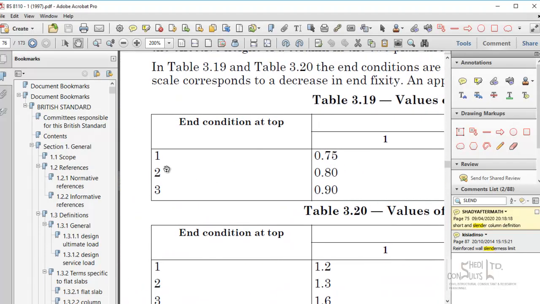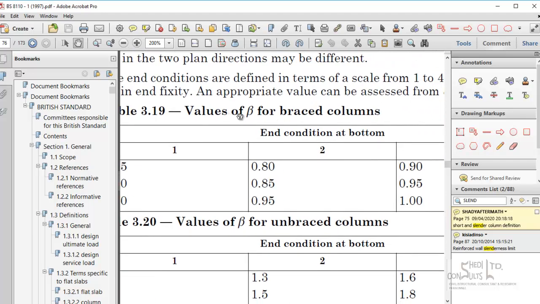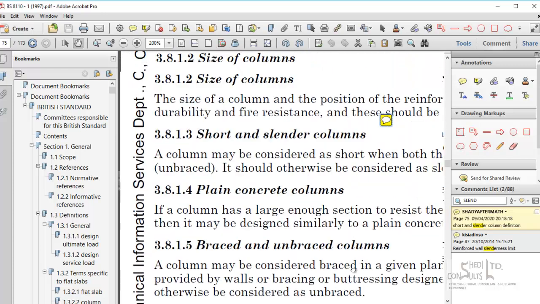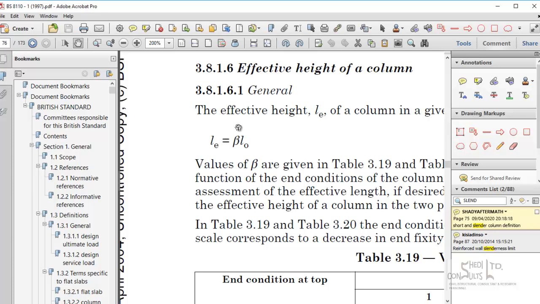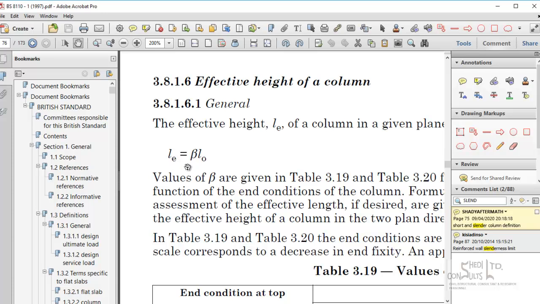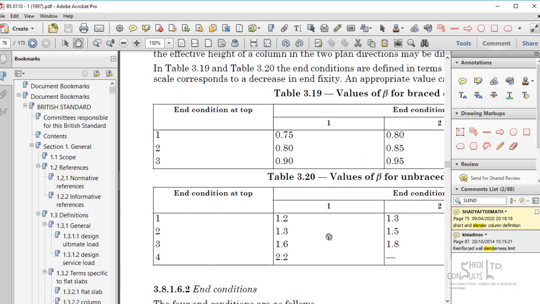So if the condition at the bottom is condition 1, or sorry, at the top, this is the table of effective length coefficients for braced columns. It says that the effective length for short columns is calculated based on the effective length coefficient. So the effective length is the effective length coefficient times the length of the column. And this effective length coefficient is a function of the end restraint of the column at the top or bottom. So at the top, you check the condition at the top, you check the